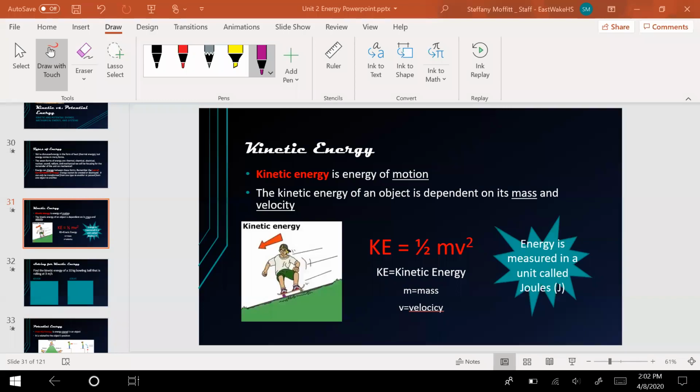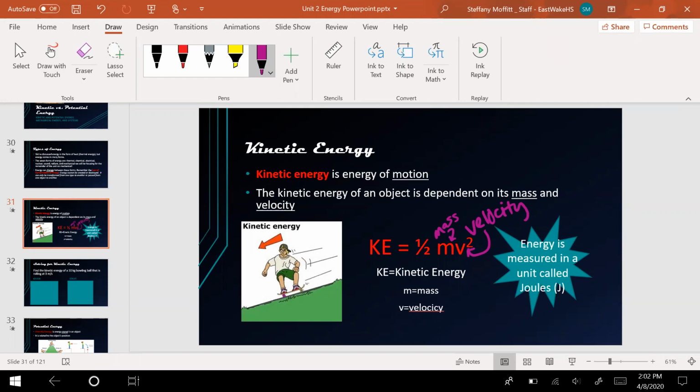Kinetic energy is going to be the energy of motion. So we're talking about things moving, and this is going to be dependent on the mass and the velocity. So this is our formula, KE, which is kinetic energy, is going to be equal to 1/2 times the mass times the velocity squared. So that velocity has to be squared first, then you can multiply by the mass, then